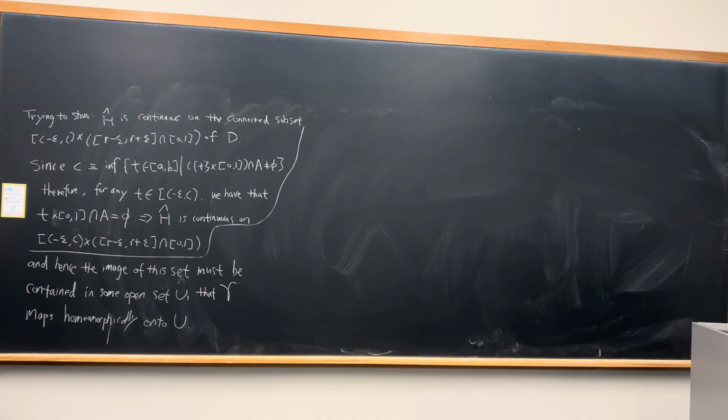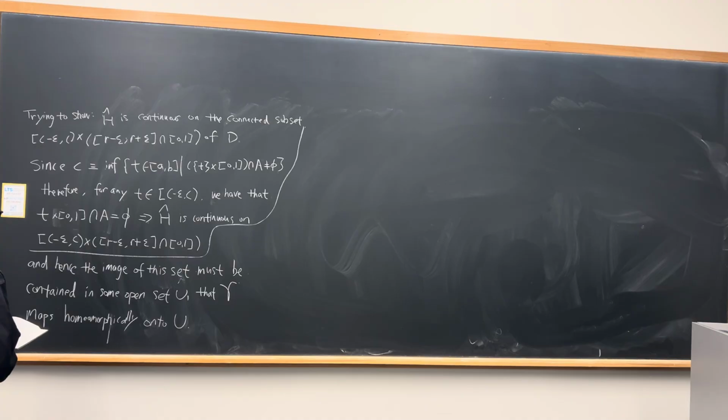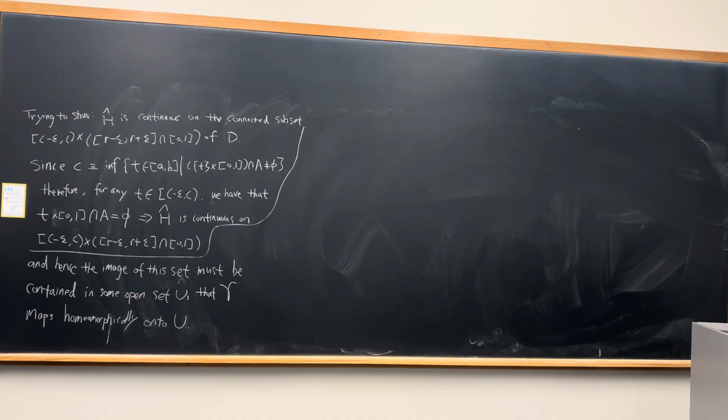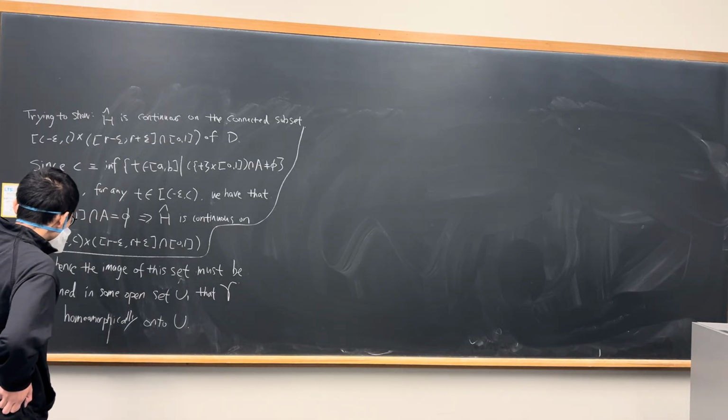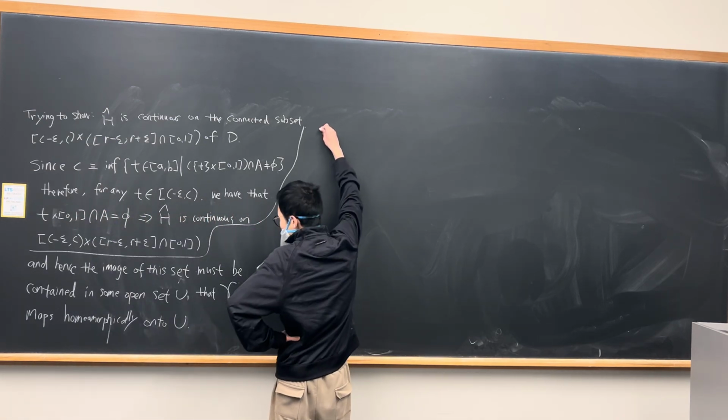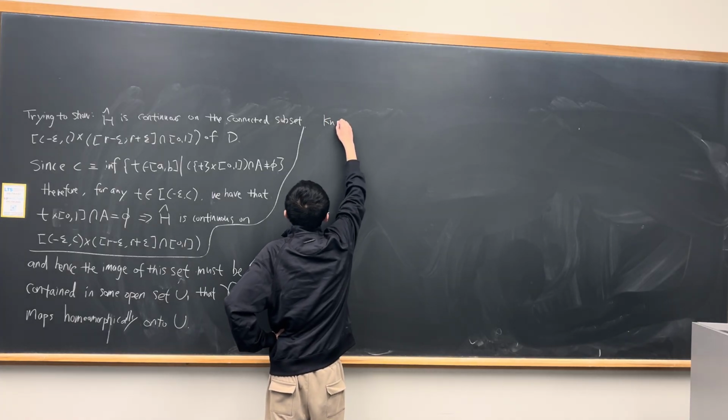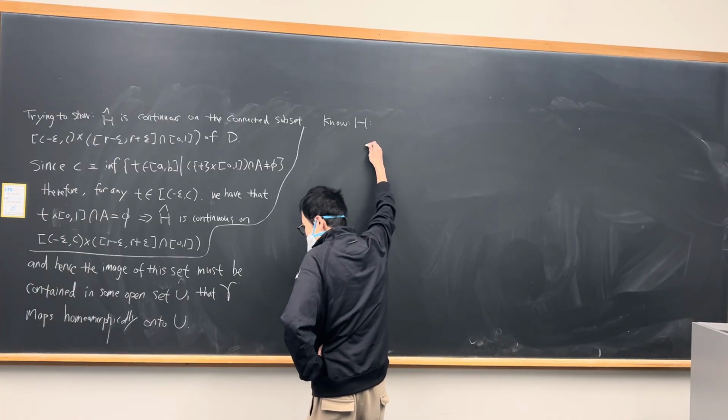Okay. So suppose that, okay, so let's see why this image must be contained in some open set U1 that gamma maps. Okay, so we know that this H from